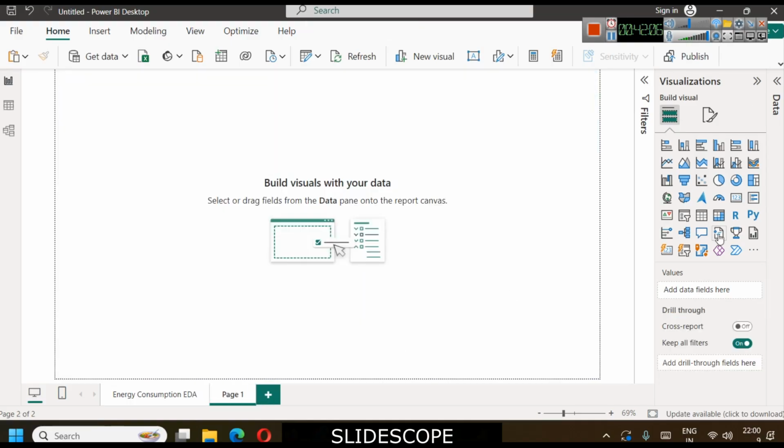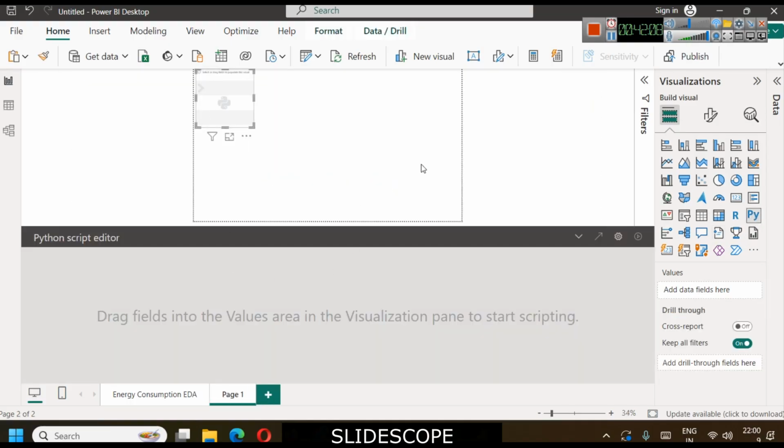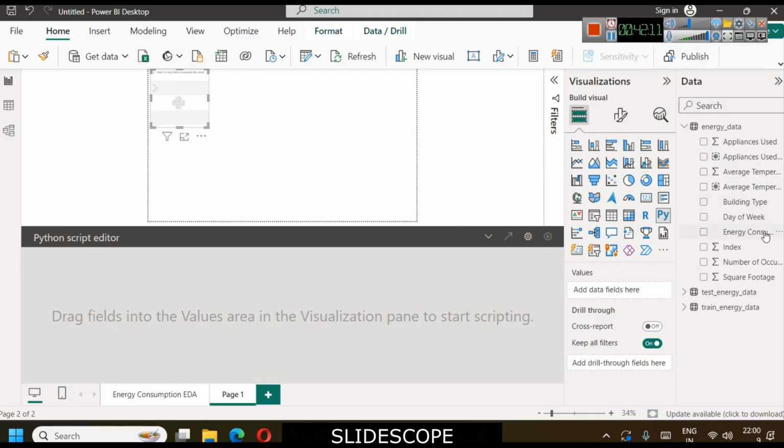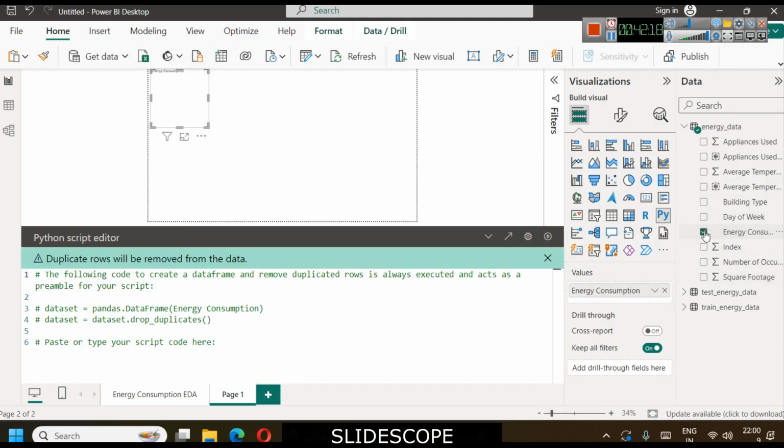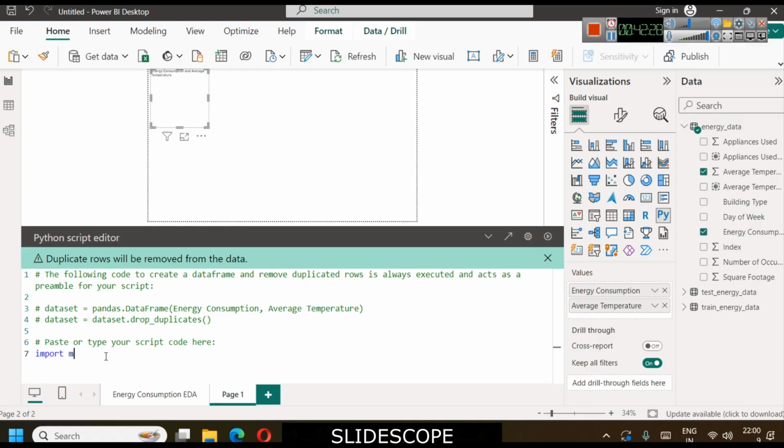In the next part we will learn how to use Python to create some charts and apply linear regression. So for example, if we consider energy consumption, we consider average temperature, let's say we consider them. So we import matplotlib.pyplot as plt. If you are interested in that, then only. And we will write